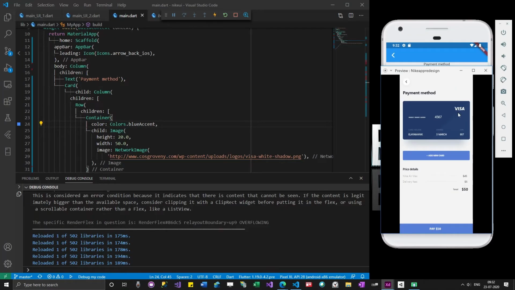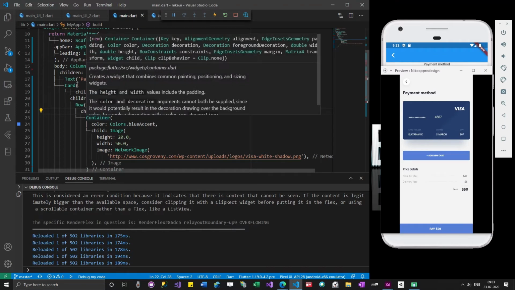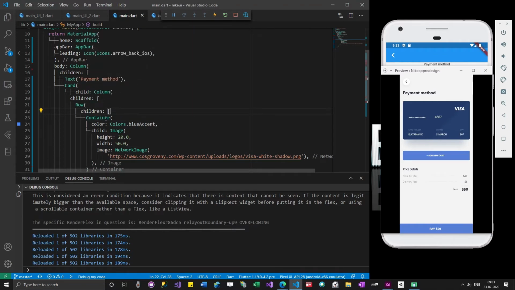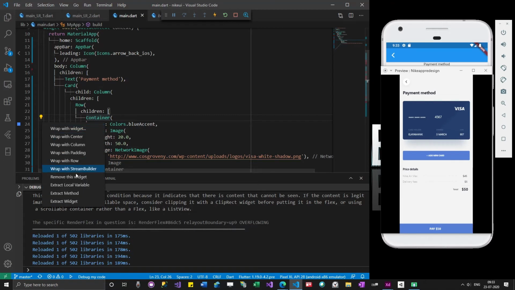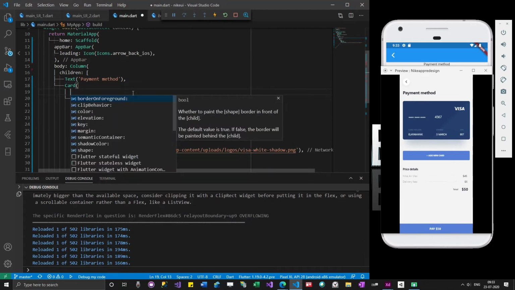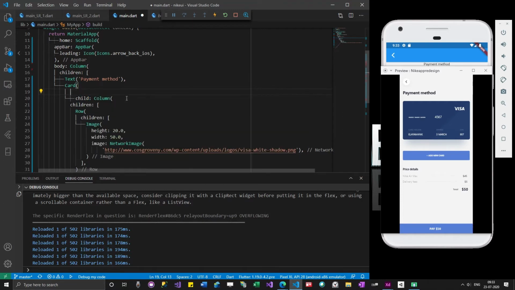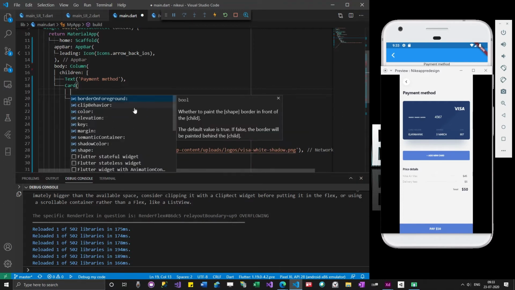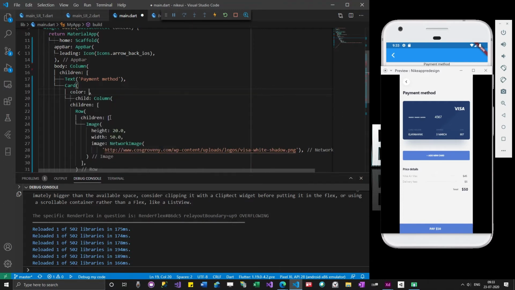But the thing here is, we want the background color to be there for the whole card, and this is not the right place to add it. So let me remove this container also. Let me see if I am able to add some color. Okay, color is there.